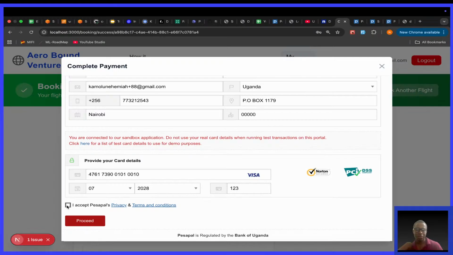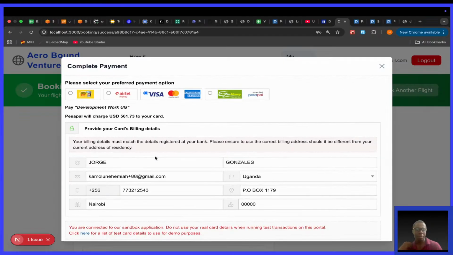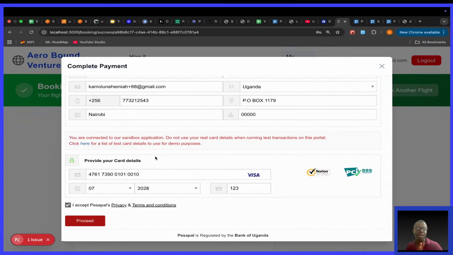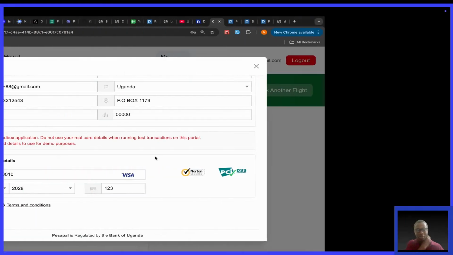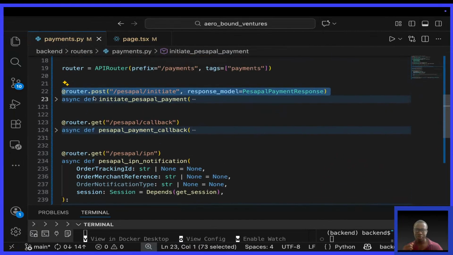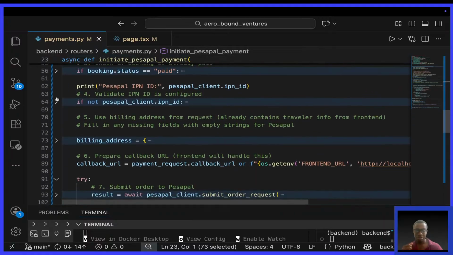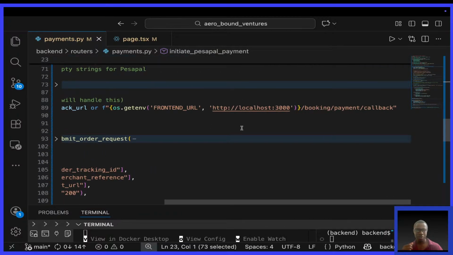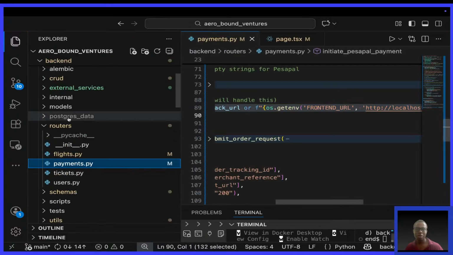When I accept the payment, it is going to redirect us to the callback URL. Remember, at the backend, I showed the callback URL. Where is it? Callback URL is this. It has been set: localhost 3000 booking payment callback. So on that page of callback